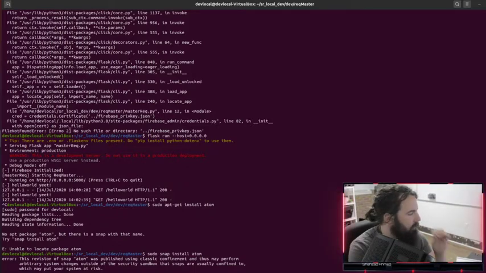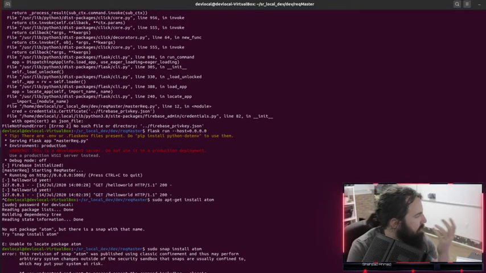Classic. And then as soon as we've got Atom, we can actually get started with like the fun actual coding stuff.